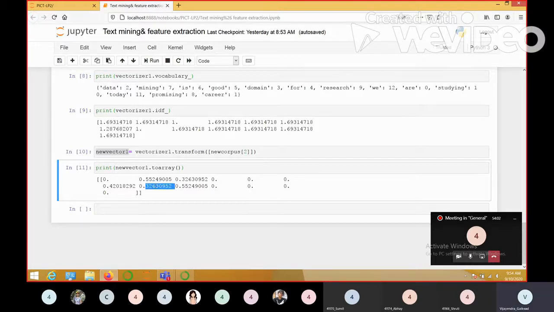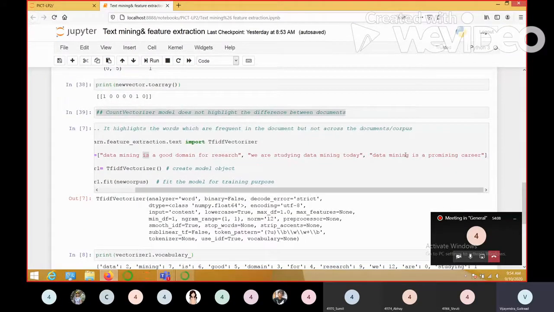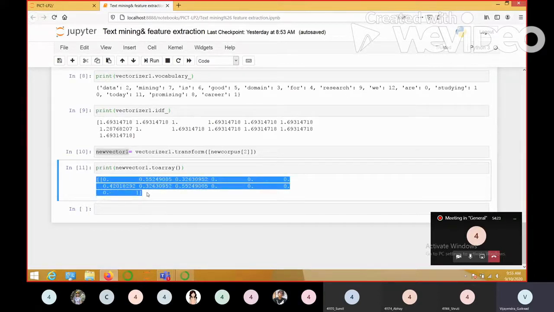Similarly, I guess this will be the case for mining, because mining is another word common amongst all the documents, which is also present in the third document, and that is why it has a least significant value. Our motive of gaining the significant features can be satisfied with this particular array. We can find out which words are significant as far as a given test document is concerned.